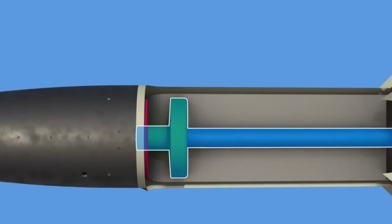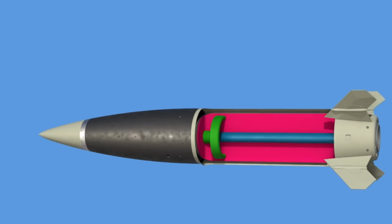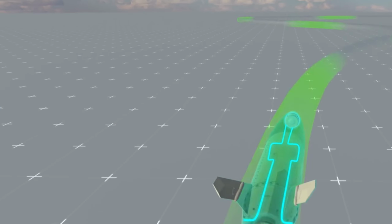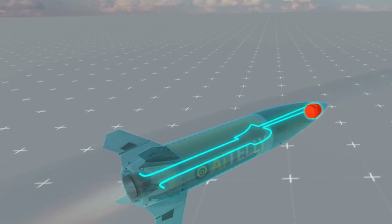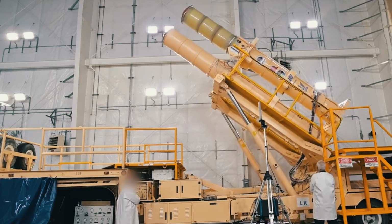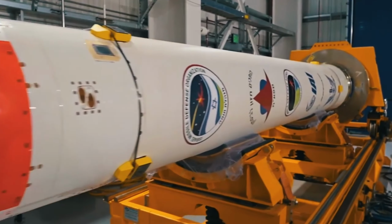Let's find out. In this video, we'll break down the technology behind these systems step by step, showing how threats are detected, tracked, and intercepted with split-second timing. To start, let's look inside the Arrow 3 and see what gives it the power to outrun and outmaneuver its